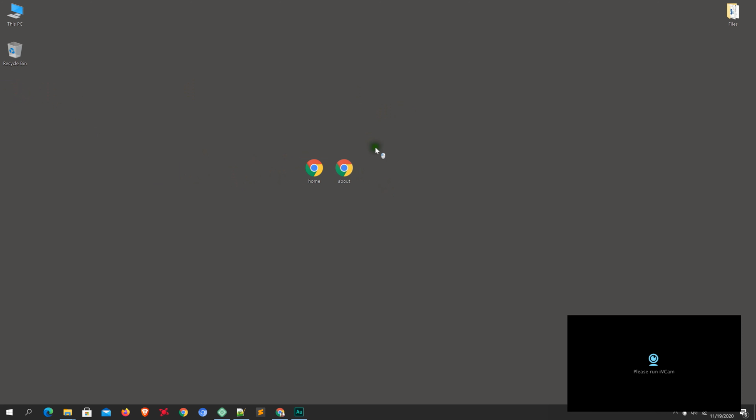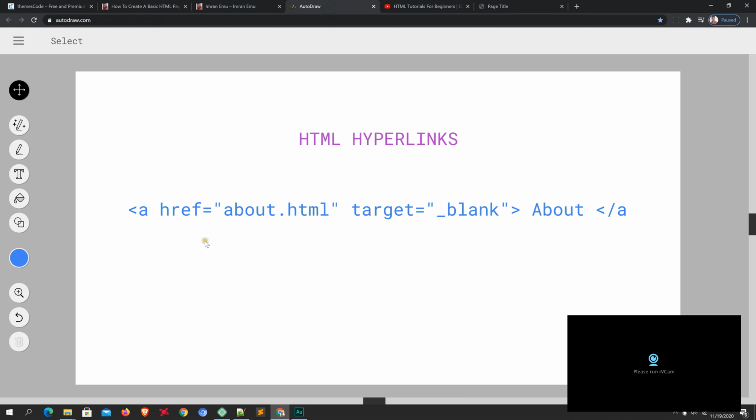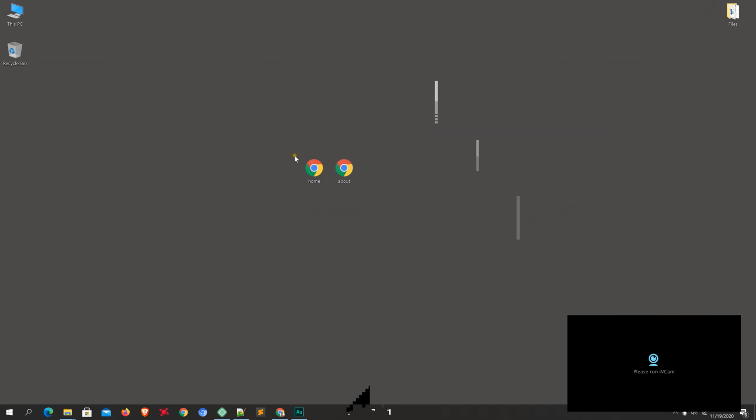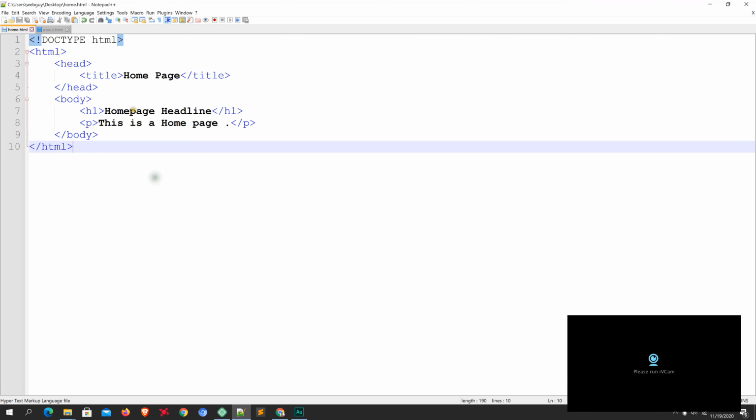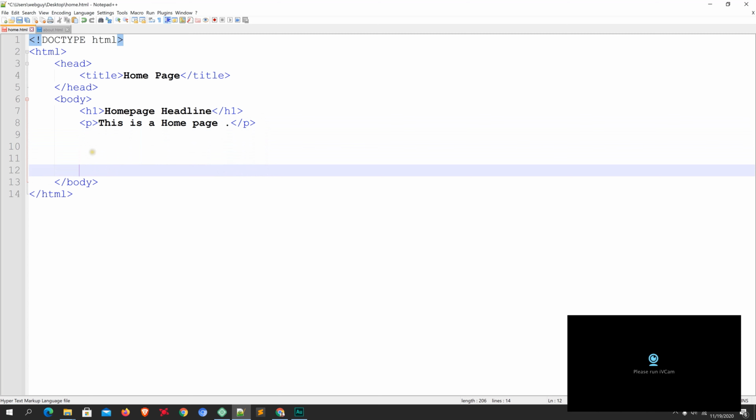And now our job is to connect two pages using hyperlinks. Here you see the HTML hyperlinks code, and it is an anchor tag, the a tag, and using this tag we will create hyperlinks. So again open up Notepad or open this page using Notepad++. Here it is, and in the body I will create hyperlinks.